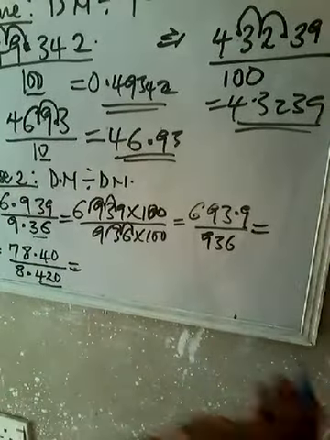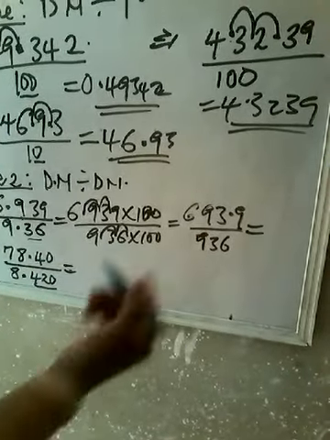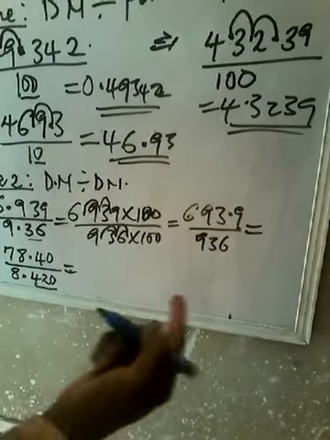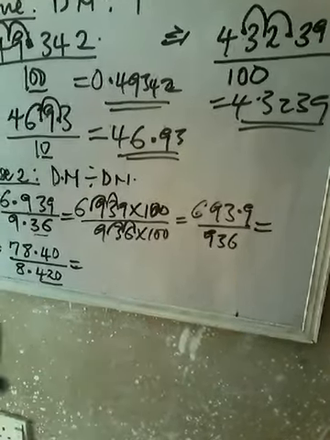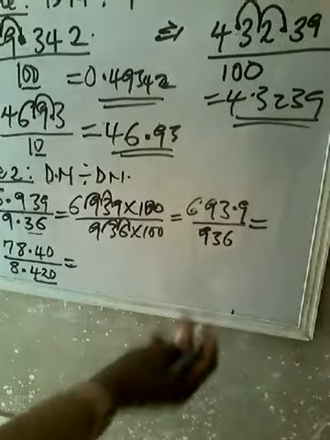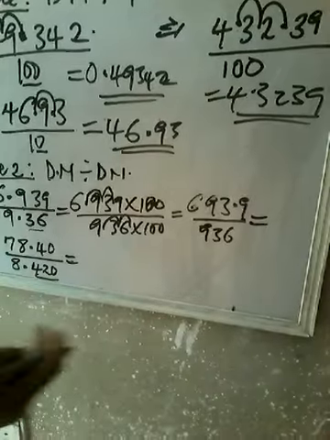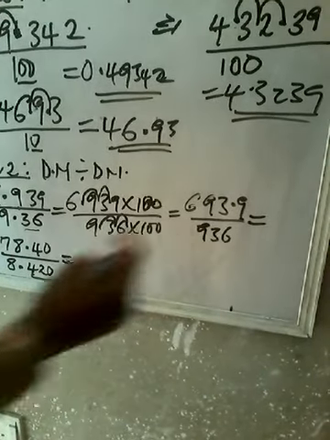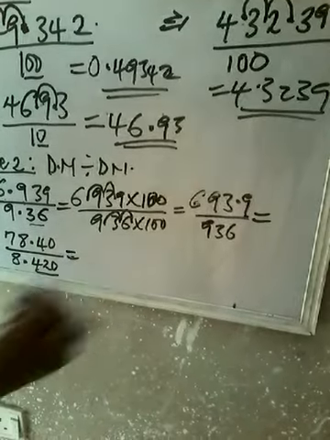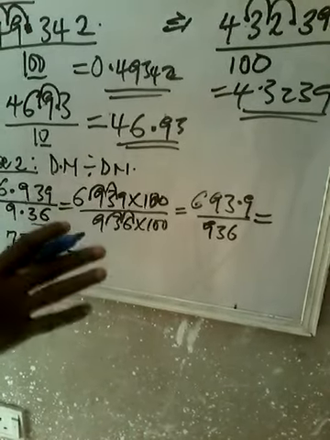And so what does that mean? Add all the digits of this number together. 6 plus 9 will give you 15. 15 plus 3 is 18. And 18 plus 9 is 27. 3 can divide 27 perfectly. It will give you 9. And then add this one together in turn. 9 plus 3 is 12. 12 plus 6 is 18. 3 can also divide 18. So you use 3 to divide smartly and gradually.